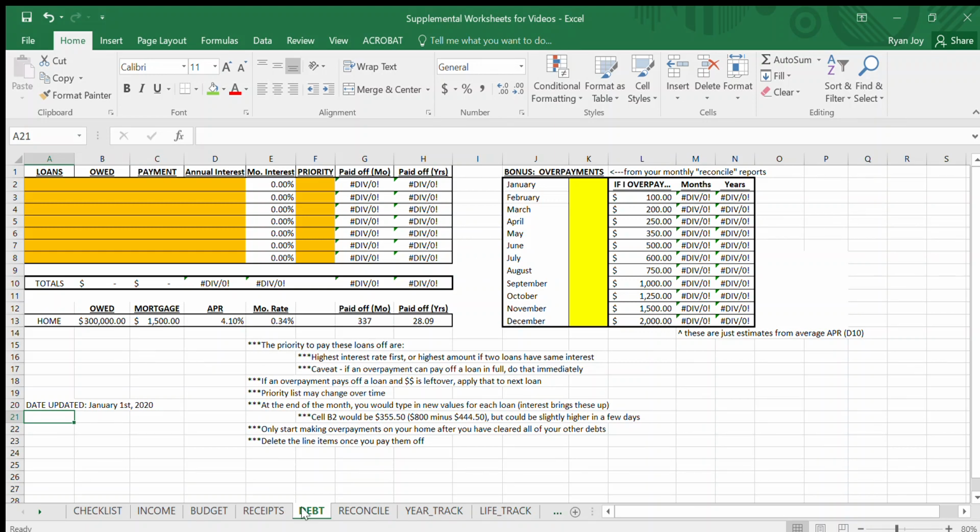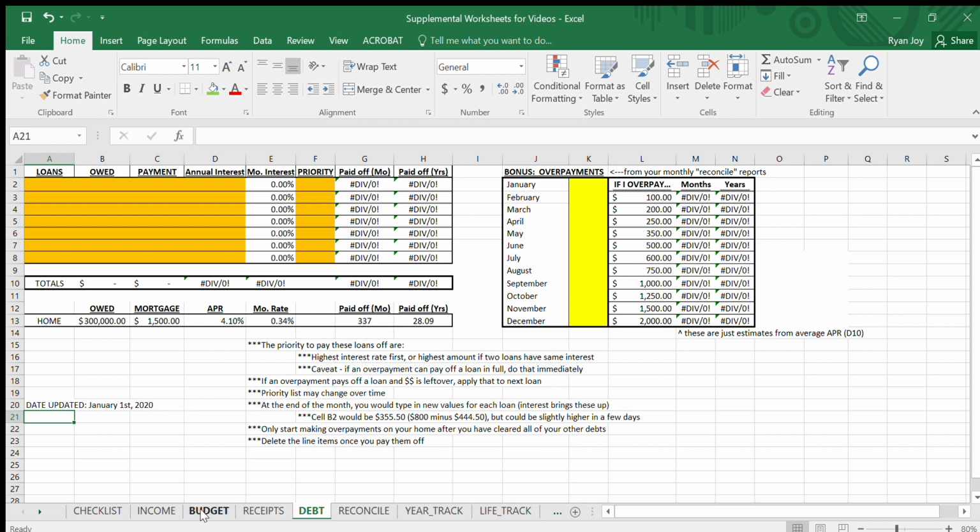This video is going to show you how to type in your debt into the supplemental worksheets. This again is very simple to start out, and what you're looking to do is just type in what loans that you folks have. If you have student loans and you have multiple student loans, make sure to put in each one as a separate line item, as well as if you have multiple car payments and those kinds of